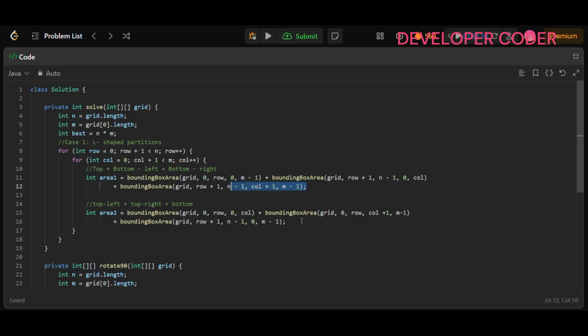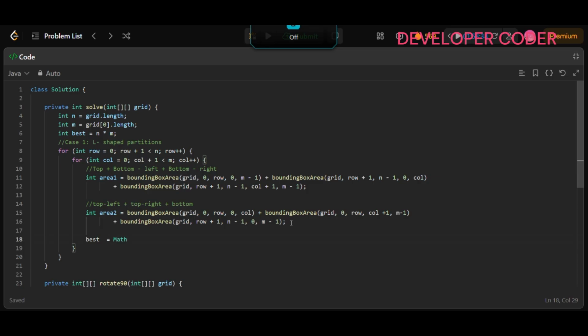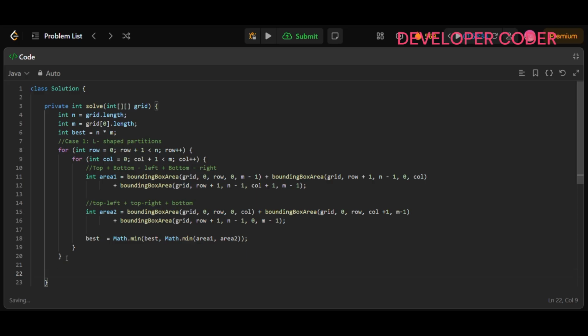Clear this part? Okay, so now this is for the L-shaped scenario, right? So whatever the best answer we have to get here, we have to write it here. Best is nothing but Math.min of best, and here Math.min of your area 1 and area 2. Okay, this is done. So this is for this scenario, L-shaped. Now case 2, that is 3 horizontal strips, right? So that's nothing but case 2, and here that is nothing but 3